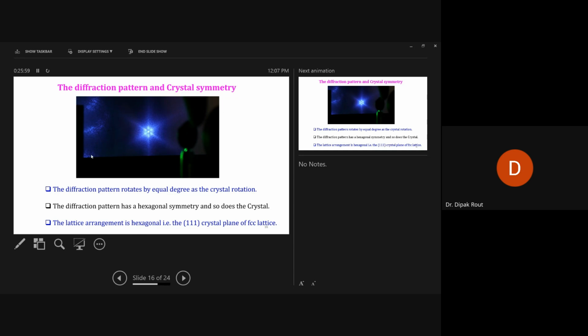Here what we did, we have the crystal mounted on an optical mount, and then we shine the laser light onto it, and the laser wavelength is around 213 nanometer. So when the laser falls on it, once we see the pattern, we rotate the crystal, and once the crystal is rotated,